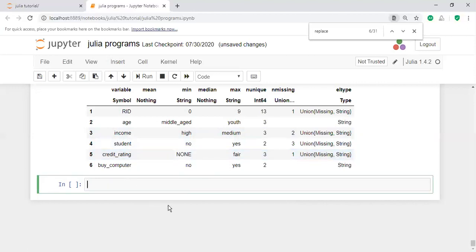You may also replace that here. The third one is credit rating. Credit rating NONE, credit rating fair, or you may get credit rating good. I am replacing that value with good here.